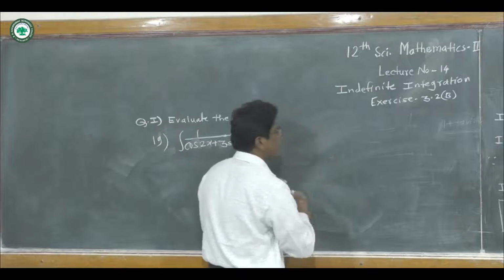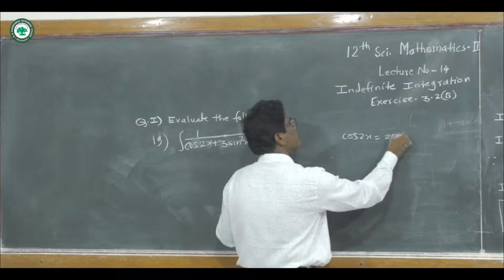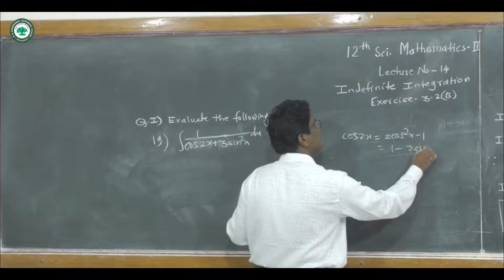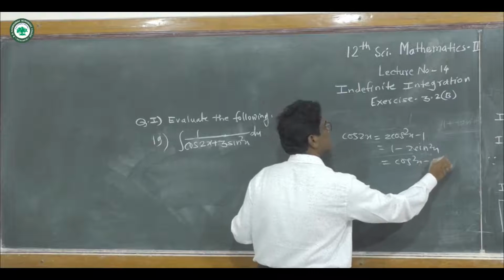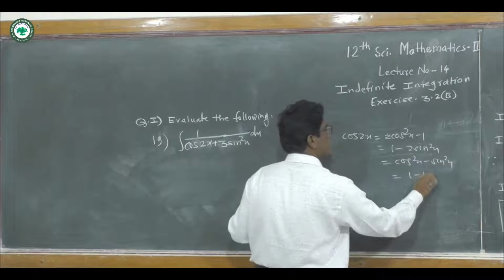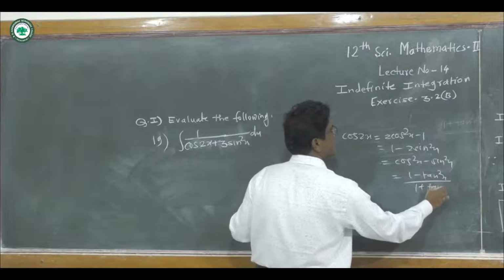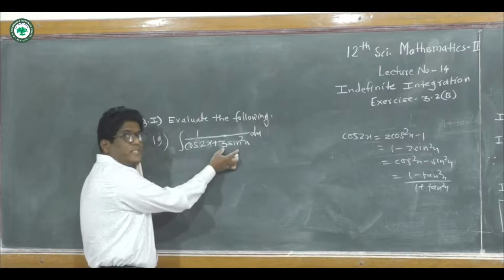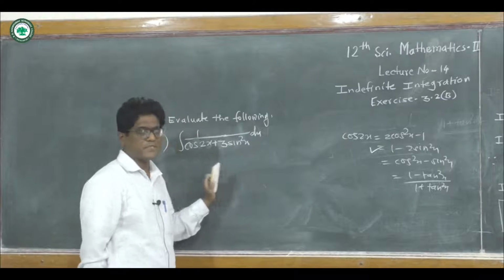Which are those? We know cos of 2x is equal to 2 times cos square x minus 1, 1 minus 2 times sin square x, then cos square x minus sin square x, and then 1 minus tan square x upon 1 plus tan square x. These are the 4 formulas. Now we have to use the appropriate formula. Here since 3 sin square x is present, we use the second formula, 1 minus 2 times sin square x,